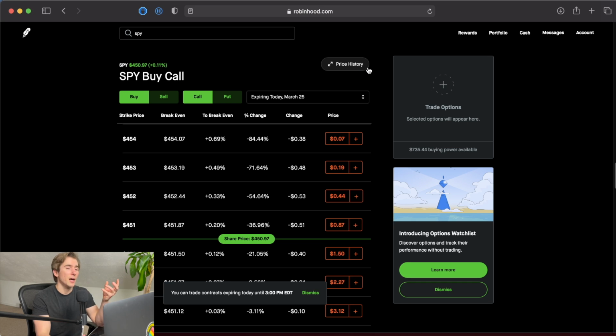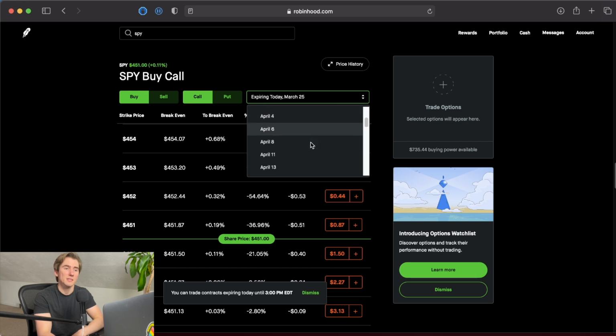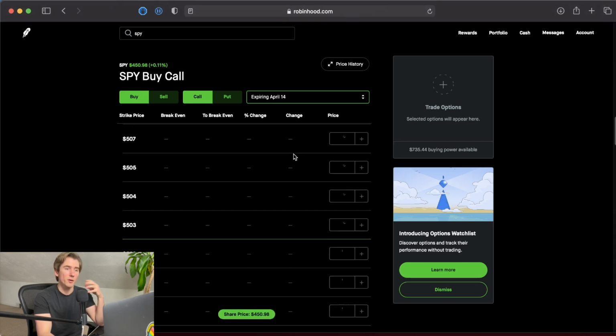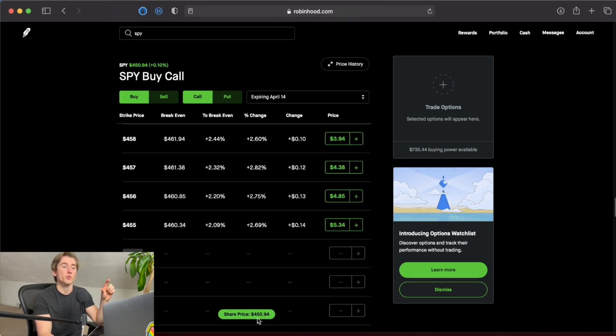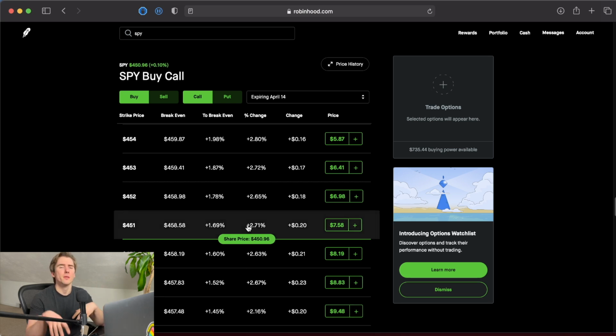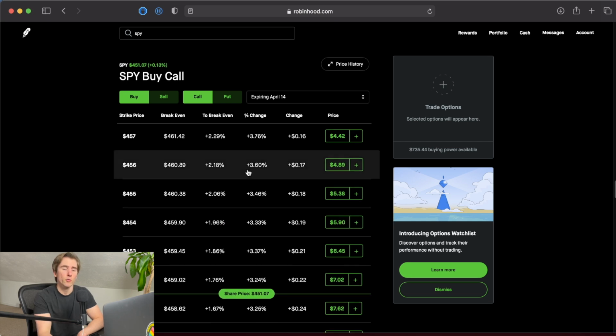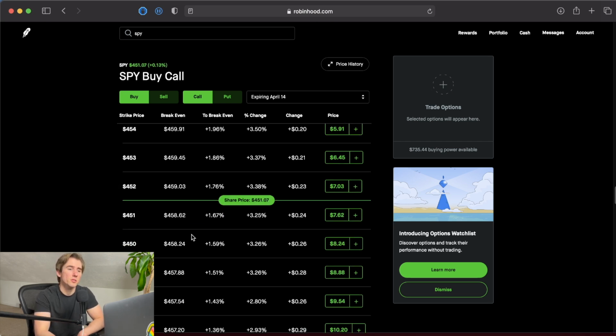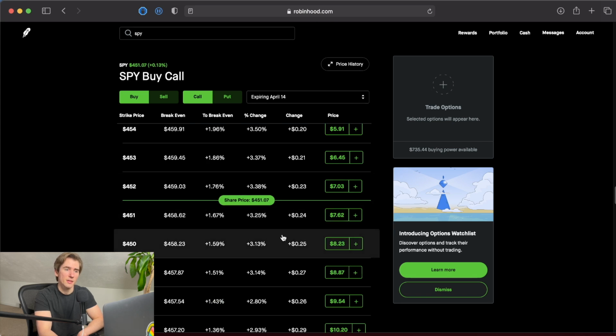So if I think that SPY will go up over the next month, I would set my expiration date to the next monthly expiration date, or the next third Friday of the month. So for April, that's going to be on April 14th. So we're going to go to that expiration date, and then we're going to choose our strike price. There's a lot of different ways that you can choose your strike price, but one of the main ways is making an assumption of where SPY will be by your expiration date. So if I think that SPY will be above $450 by my expiration date of April 14th, then I would buy the $450 call right here,